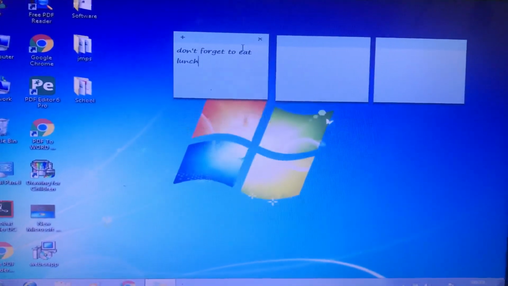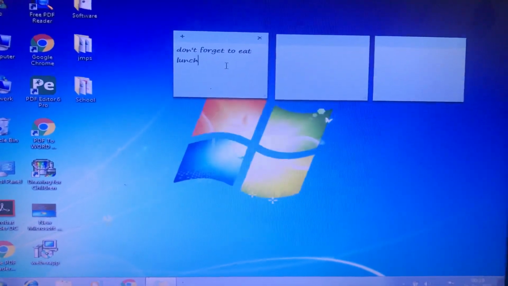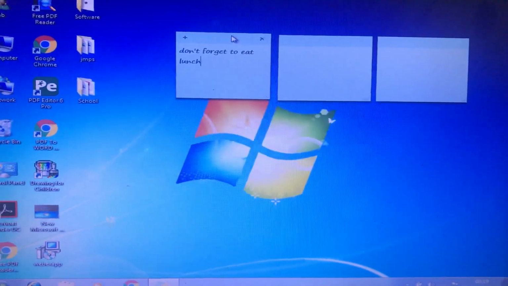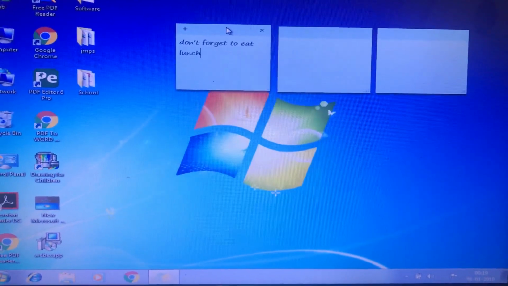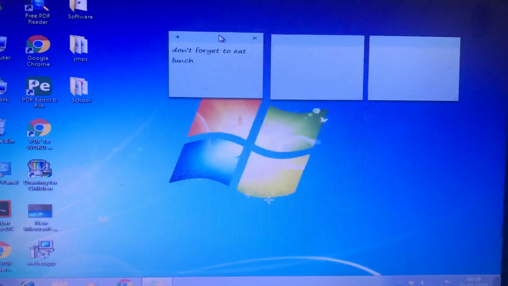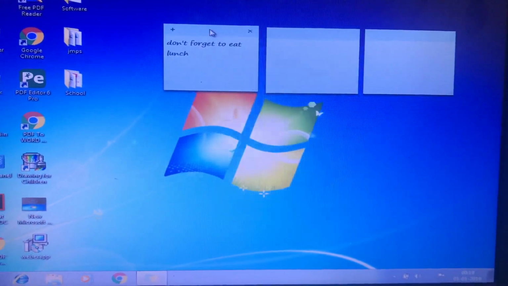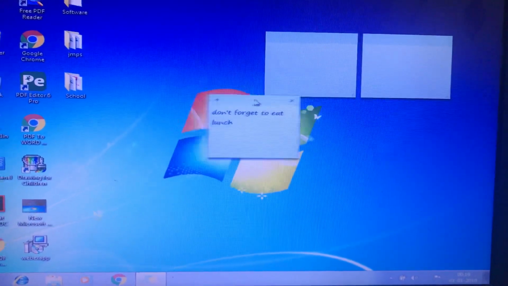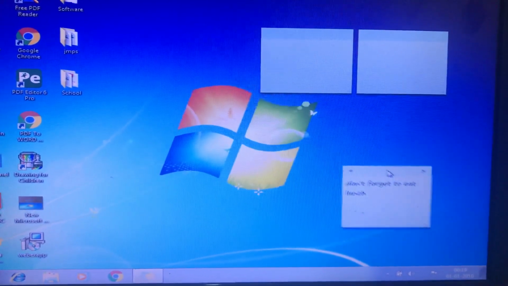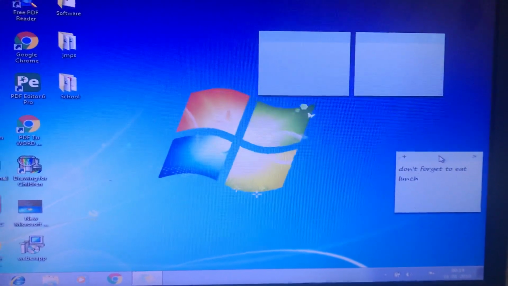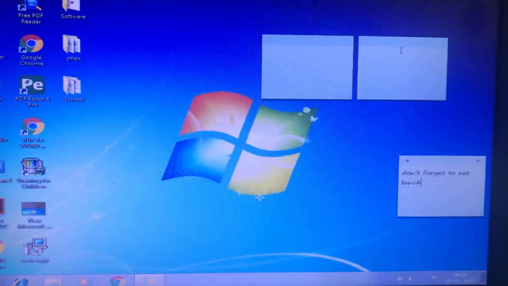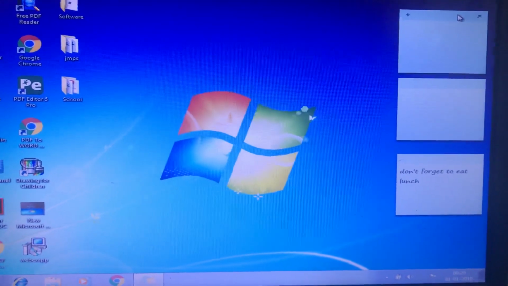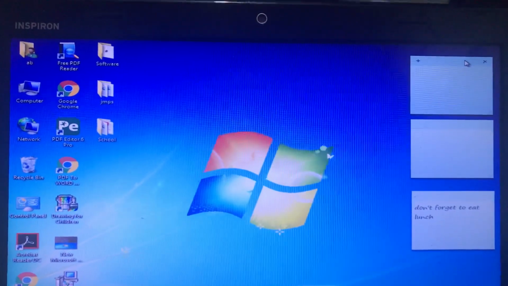Okay, what you have to do for this, you just have to press the left mouse button on title bar. This is the title bar, okay, of sticky note. Just press the left mouse button on the title bar of sticky notes and drag the note and place it wherever you want. Understood? How to move the sticky note? Understood? And to close it,